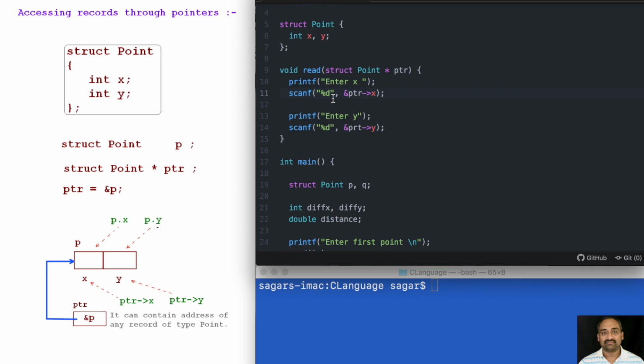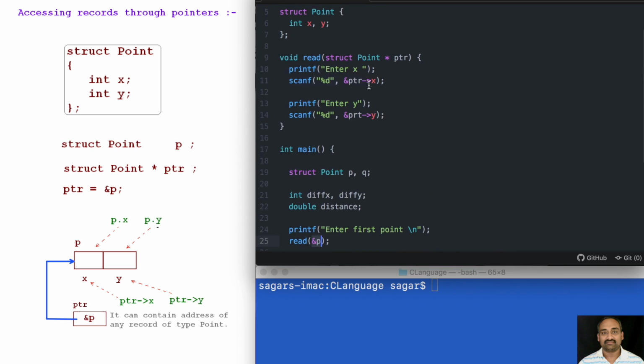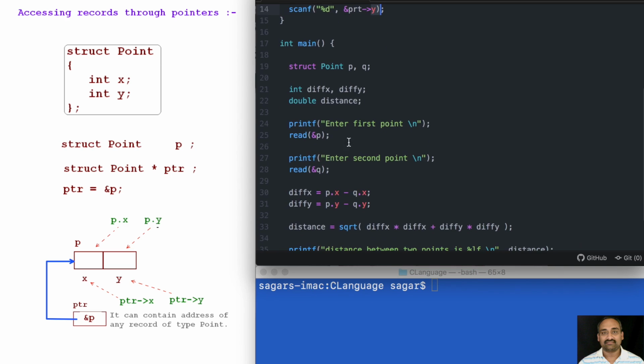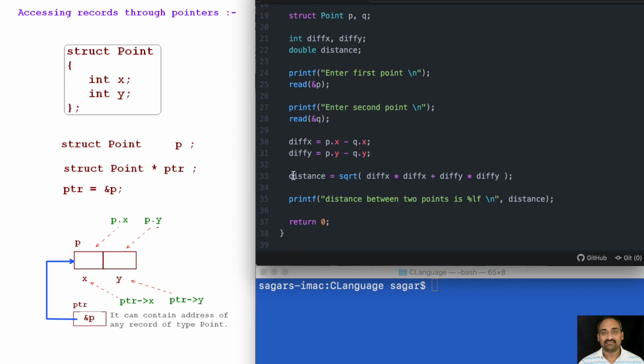I am reading an integer value, and we are placing that inside the variable x of the record pointed to by ptr. Now the first time ptr will point to p, so the x and y fields refer to the fields of p. Next, the second time when ptr is referring to q, the x and y fields refer to the x and y fields of q. So now we read the values into the given records, and then we calculated the distance